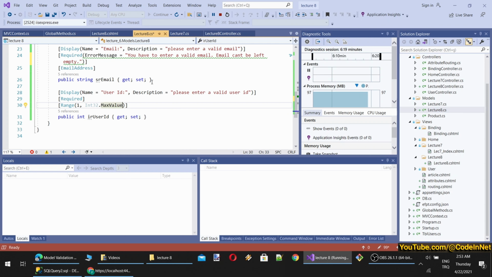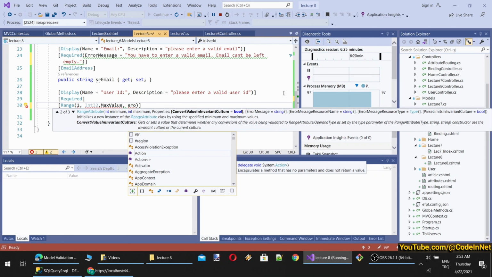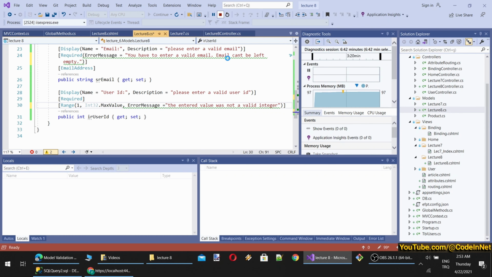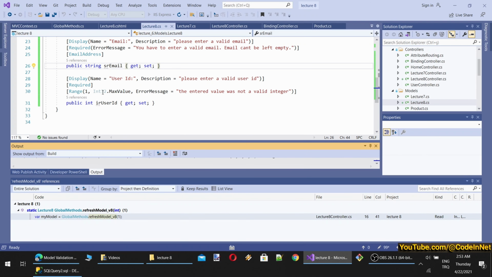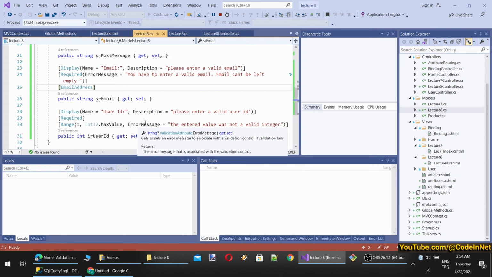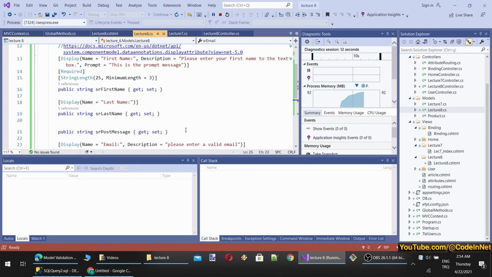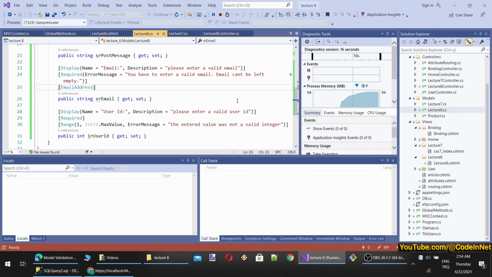How can we set it? I think from here, convert bool. Okay, there's error message like this, equal to the entered value was not a valid integer, for example. Okay, now let's retry. By the way, I think this will also accept double values. Therefore, we have to enter something that is not valid as an integer. Assume that you are displaying messages according to your visitor language, then it can be also extremely easily done. Based on some parameters, you can feed custom message here.